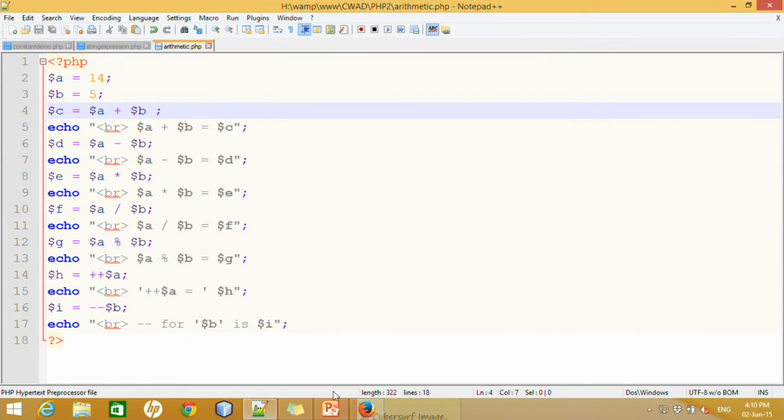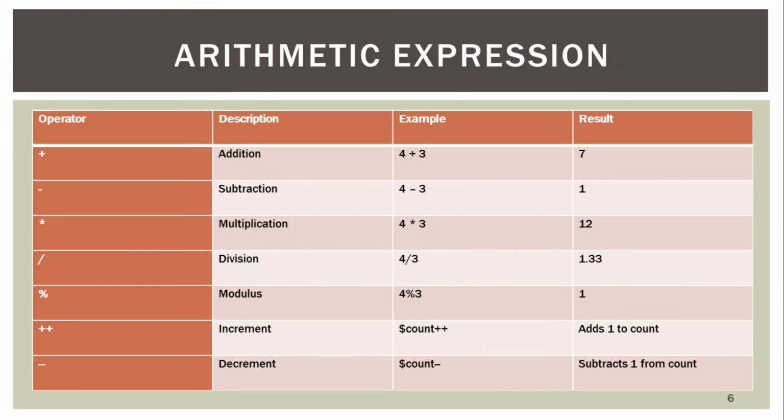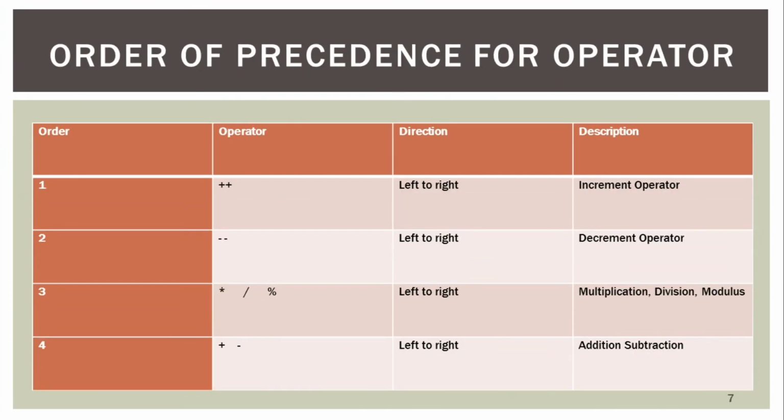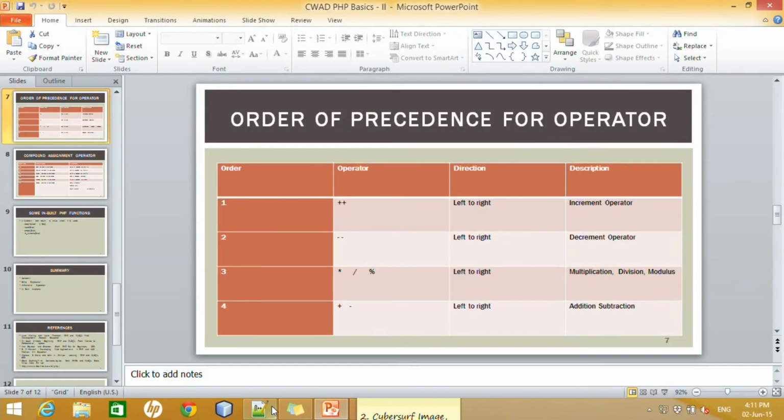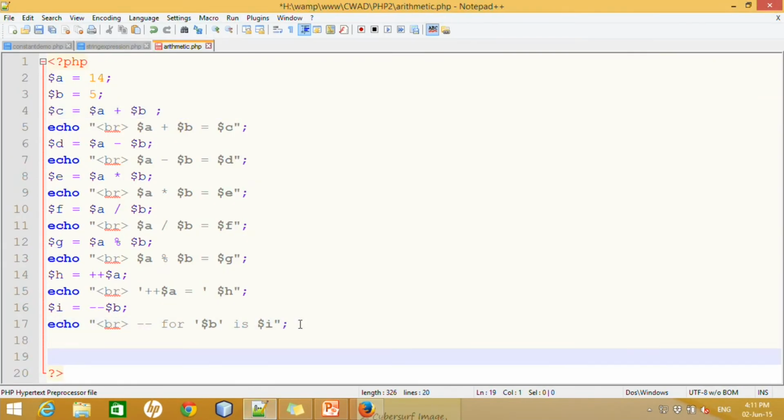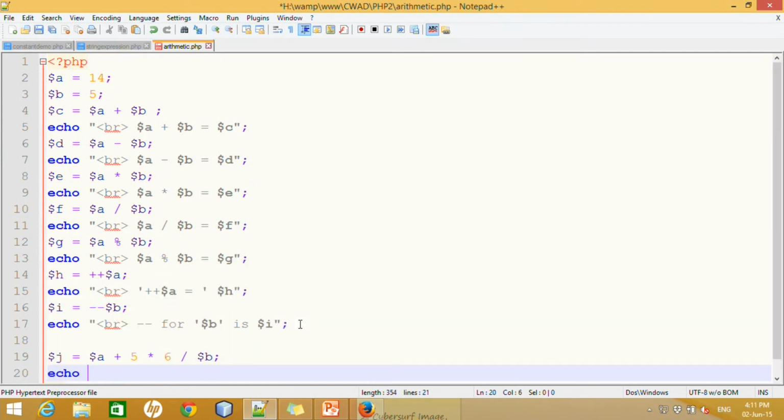So, these all are basic arithmetic expressions. Now, when you perform these operations, the order of precedence for operators is a must, because it may give you different results. Let us take one example. Say for example, if you type $j is assigned to $a plus 5 multiply 6 divided by $b, and if you write echo in the next line